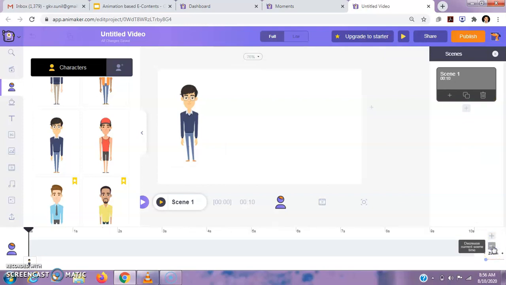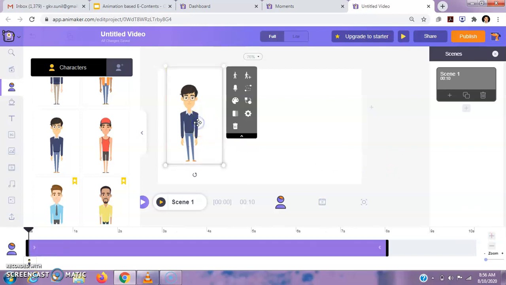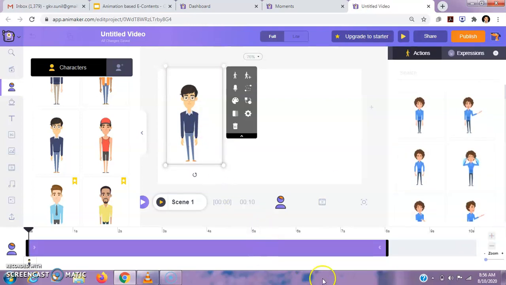If we want to decrease its time, just click on minus, and its time will be reduced. Currently we are taking it at just 10 seconds. By default the time is 10 seconds. Now suppose, we will see what we have done.